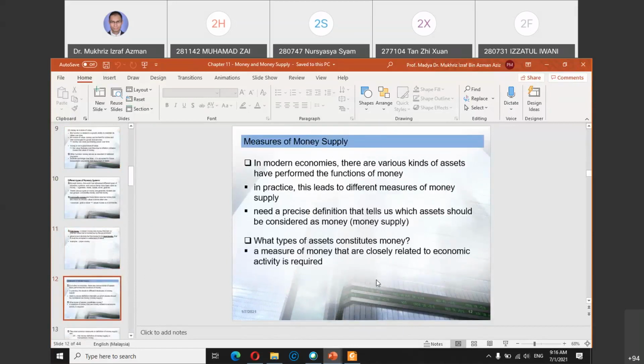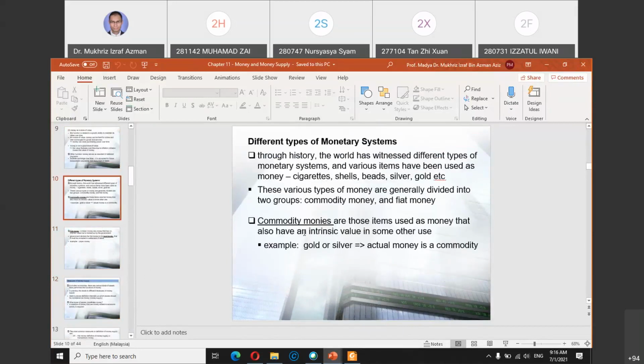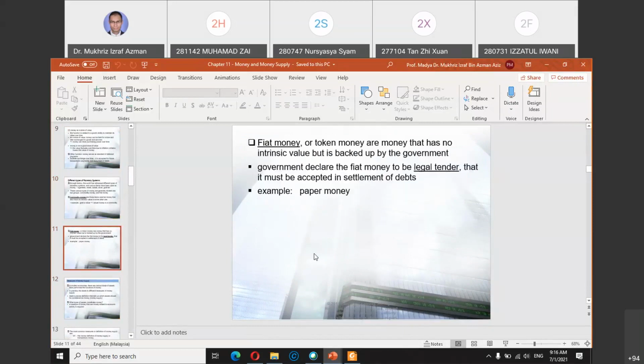Here you have, again, a different type of money: commodity monies, which are gold and silver. Please go through these notes, because they're quite simple to understand. These are things we use and apply in our day-to-day life, but they are just the terms that economists use to define them.